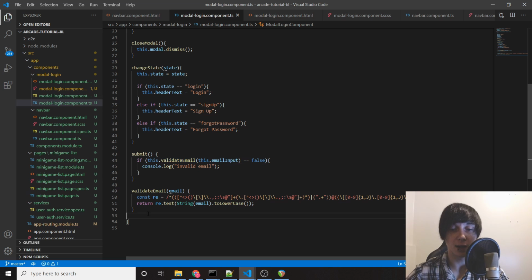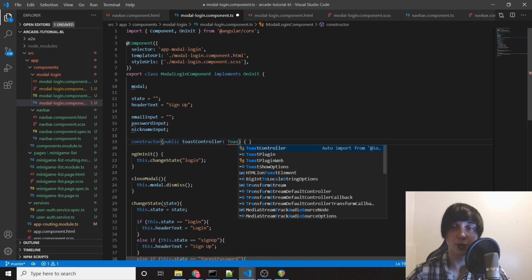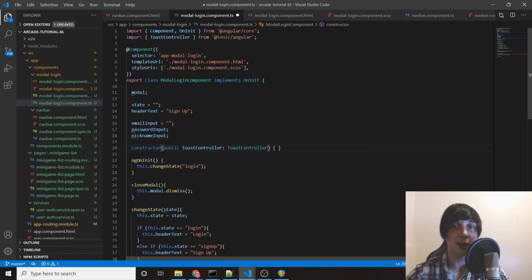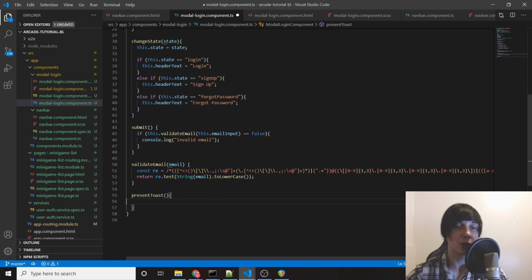However, we're going to have a function called present toast, and a toast is just a little mini pop-up. You'll understand what it is in a second. And in our constructor, we're going to type in public toast controller: toast controller, and then it'll say auto import from Ionic. Click enter, and you're going to automatically get this import up top. If you didn't get it, just copy that in there, and then we'll go down to our present toast function,